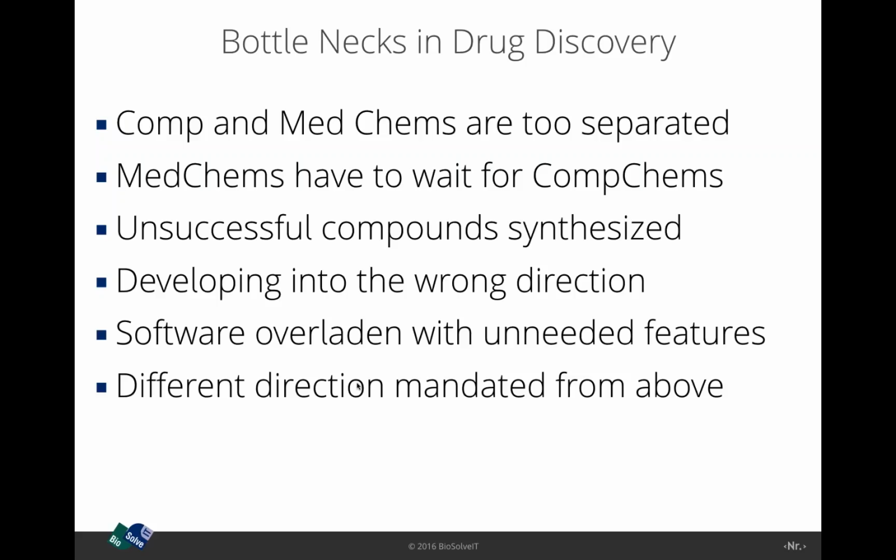Then there is something that we cannot deal with so much, but I wanted to mention it nonetheless, which is that a different direction is mandated from above. So management thinks that a certain project is not worthwhile pursuing anymore. So you have to start anew. This project is put in a drawer next to all the other ones that have been canceled, and you have to start from the beginning yet again. And this is sort of going in the same direction: shareholder pressure. I just want to mention these two here. Like I said, we can't do much about these, but I think we can address mostly all the other points above with some points that I want to talk with you about today